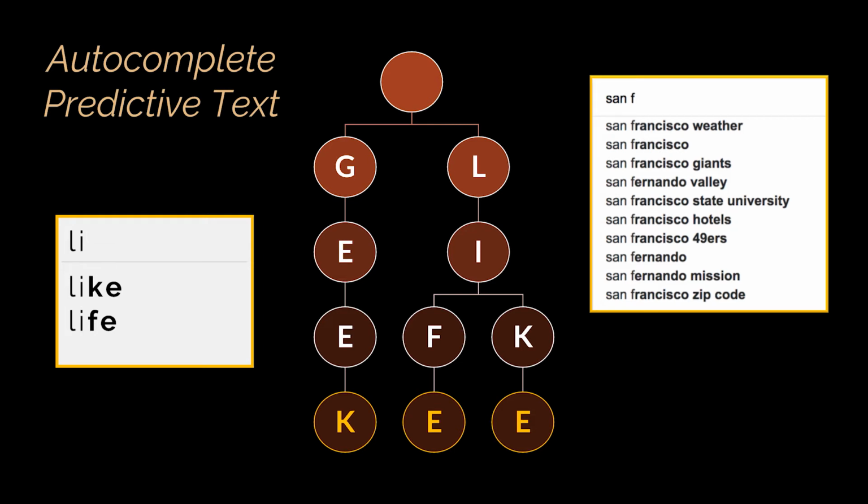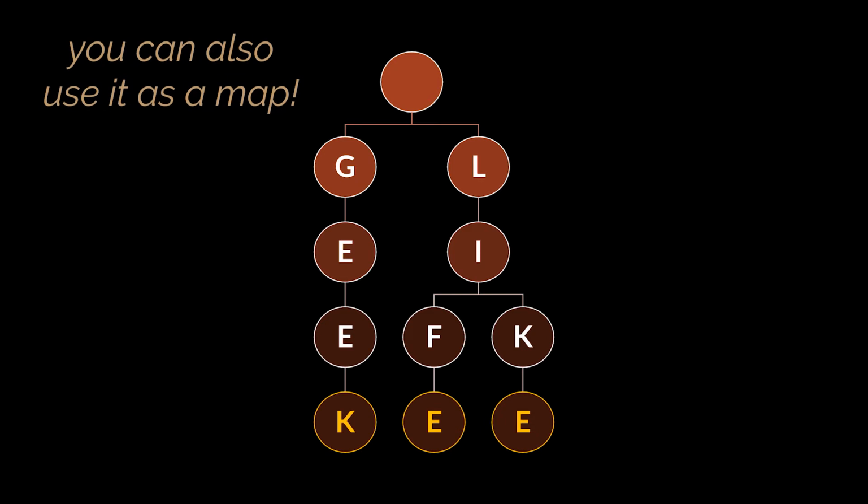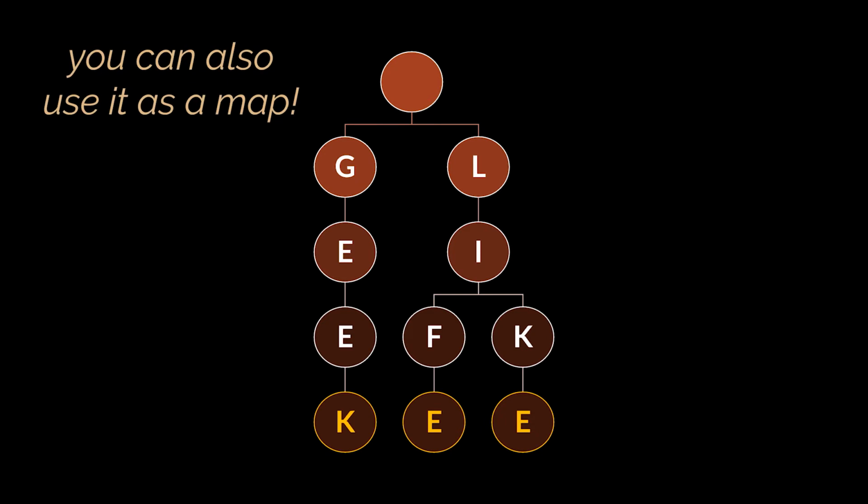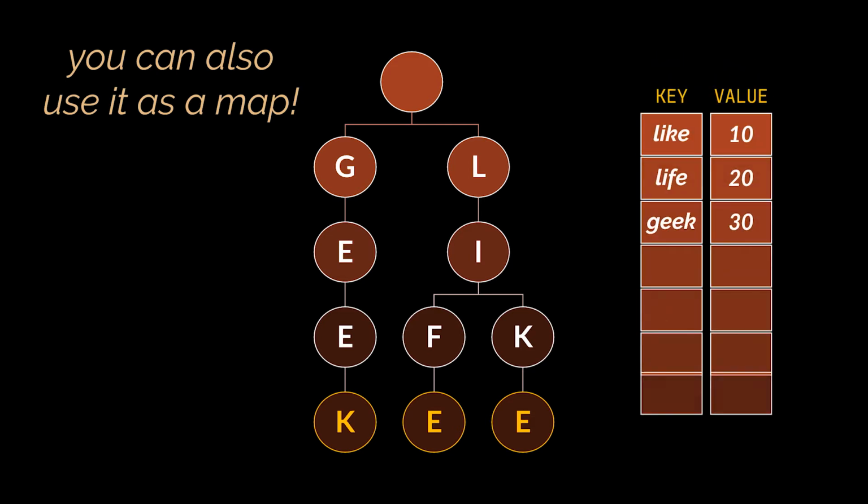Another application of this tree, like other trees, could be to use it as a map with strings as its keys. So, instead of only marking the end of the word with a boolean, for example, we can mark it with any actual value. This way, the string leading to the value will be the key of the entry in this map, and the data marking the end of this word will be the value corresponding to that key.